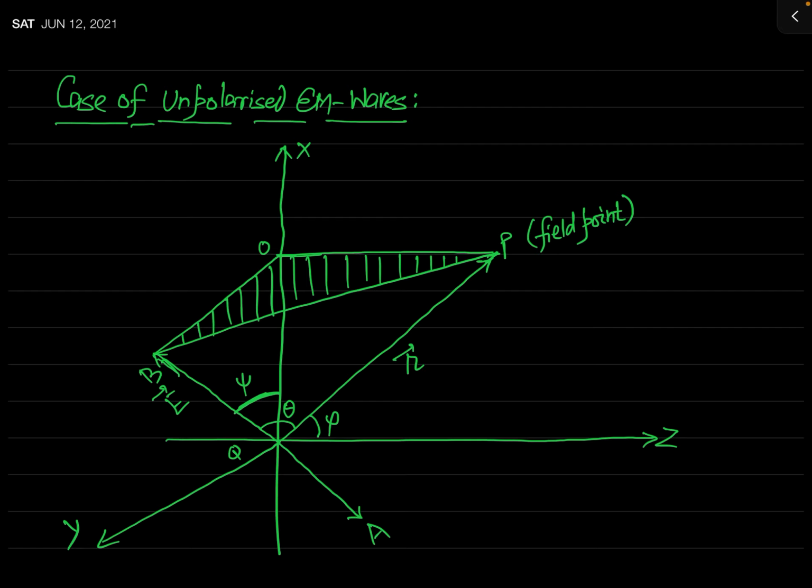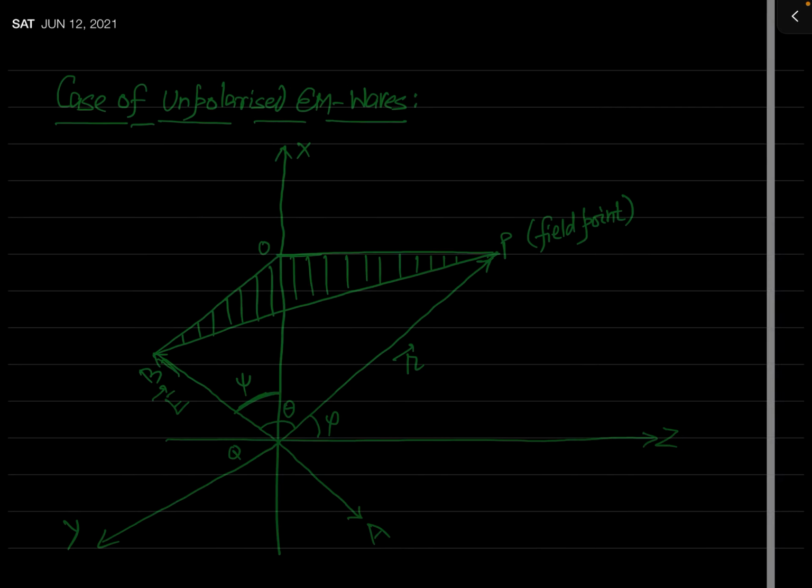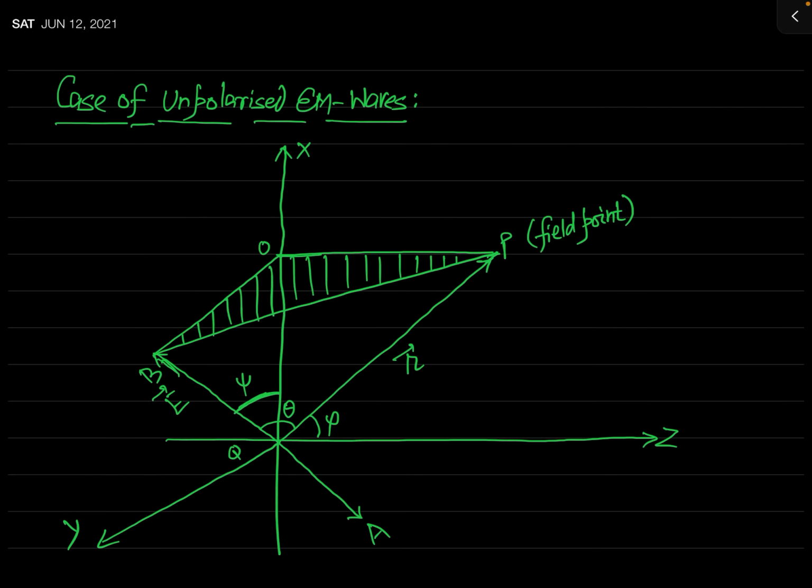There will be a lot of algebra here, and you can understand each and every step by applying simple geometry from this figure. So let us try to find the value of this term sine square theta in terms of phi and psi. How will we change this parameter theta to psi? Let us see this figure and try to find it.